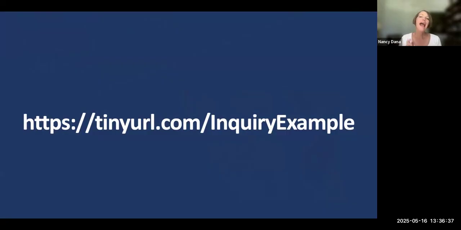in your browser. And you're going to type into that window tinyurl.com/inquiry example. And then just click on that link and it's going to take you on that field trip to Stephanie's classroom. So you can actually see her and her students in action and have another example of inquiry to complement and enhance the example that we looked at last time of Debbie Hubble's.